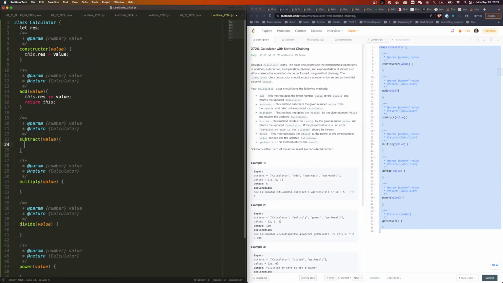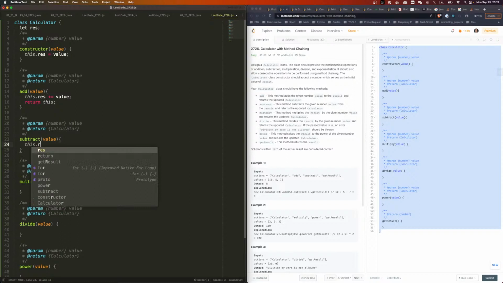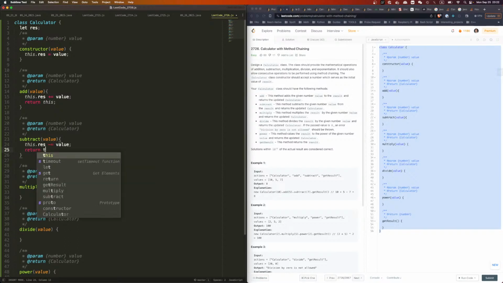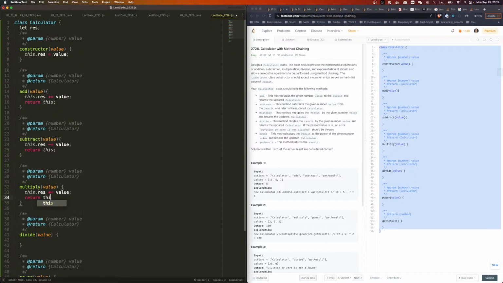and subtract from the result: this.res minus equals value, return this. Multiply: this.res multiply equals value, return this. Wait, hold on, return what? Calculator, add, subtract, get result, divide this.result. Hold on. Yes, this.res divide equals